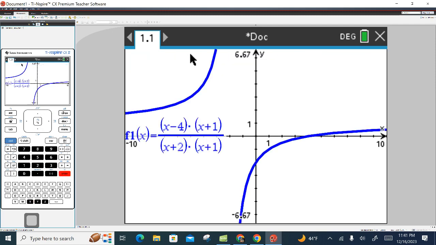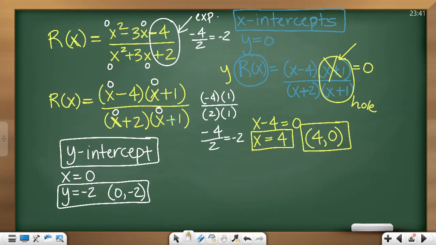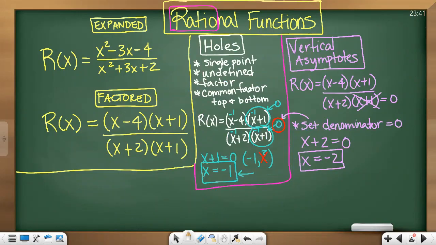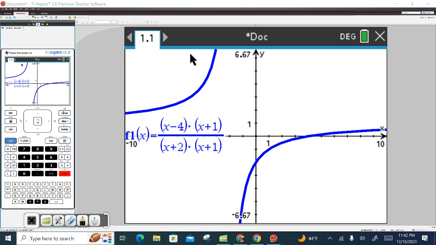Now, you can see the graph. Let's look at some of the characteristics that we found on the graph. I'm going to toggle back and forth. Let's go back to the hole. We said we had a hole at -1. So if I go back to the graph, what that means is that I literally have a hole right here at -1. Now what that means is somewhere along the line, if I were to move,